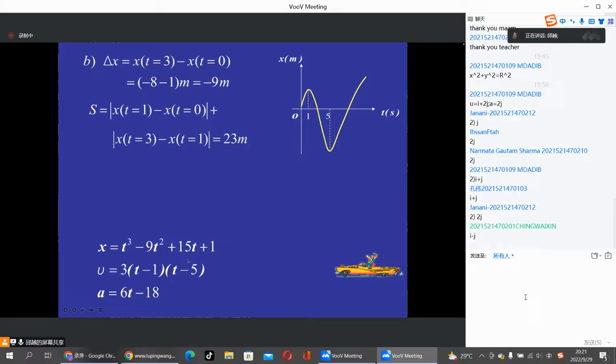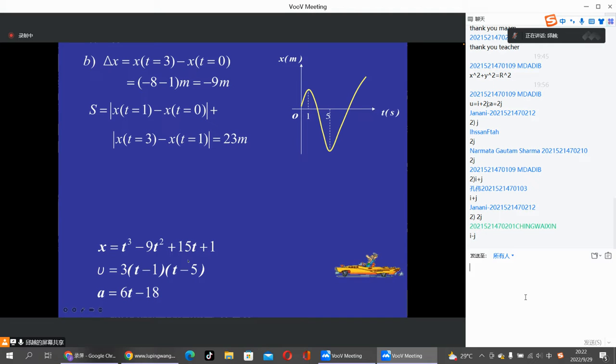And delta x can be expressed as x when t equals 3 minus x when t equals 0, and it equals minus 9. But the displacement should be